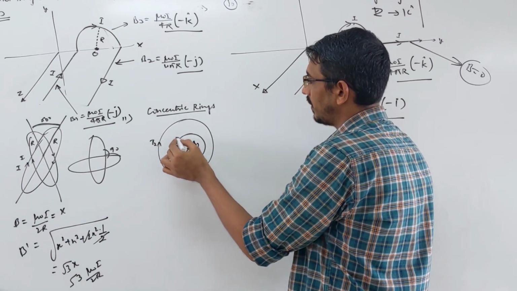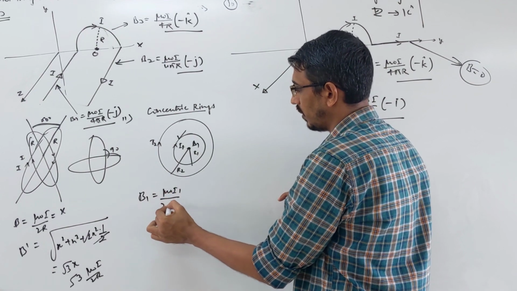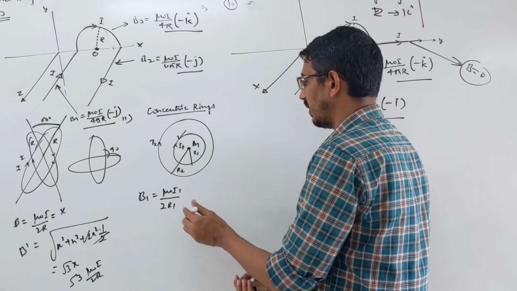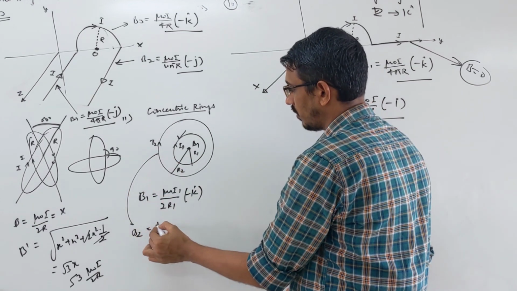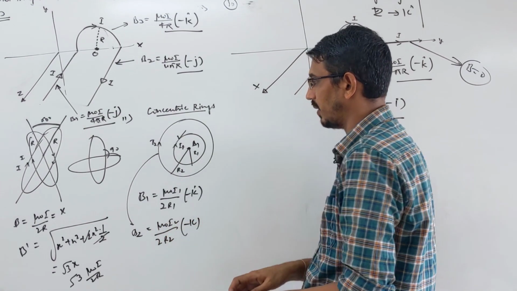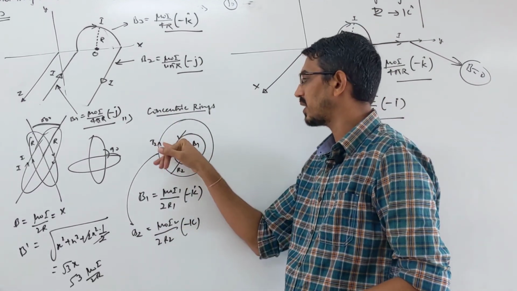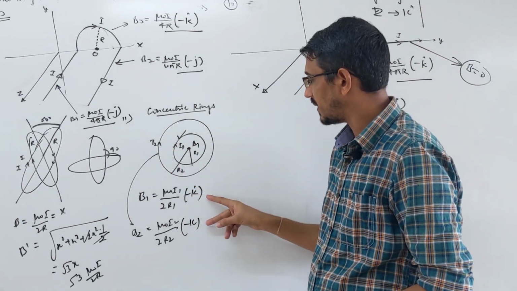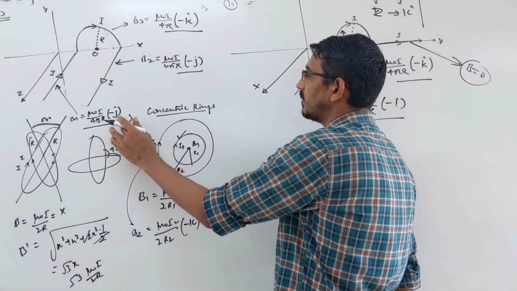Suppose the magnetic field due to the small ring is B1, mu naught I1 upon 2r1, right? What is the direction? Inward, since clockwise current is flowing. Inward means minus k. What is the field due to this ring? Mu naught I2 upon 2r2, and the direction is minus again, inward. If the direction of current is the same, obviously the field will be in the same direction. If the direction of current in this ring is opposite, then the field becomes outward. So these fields are in the same direction, you can add them, that's your answer, right? Okay, so this is question number 12.